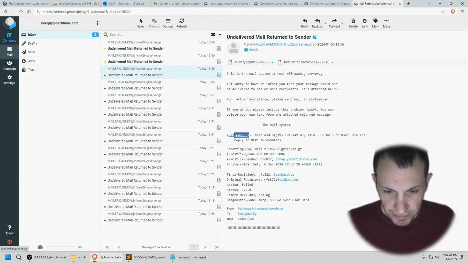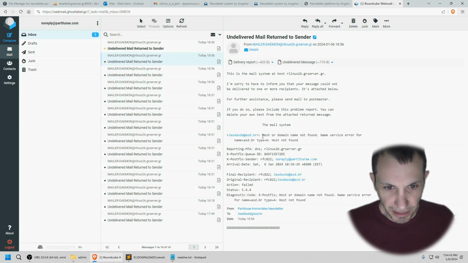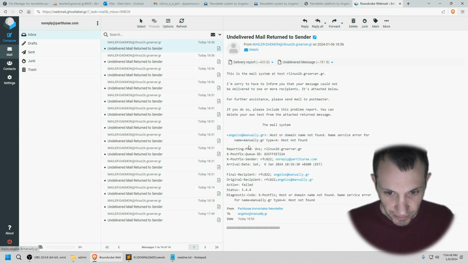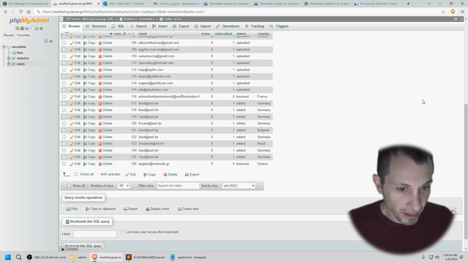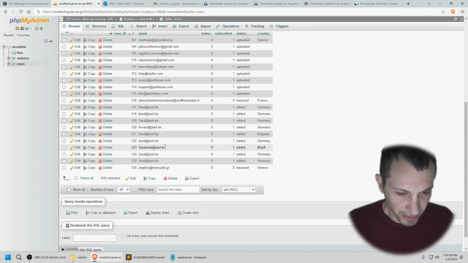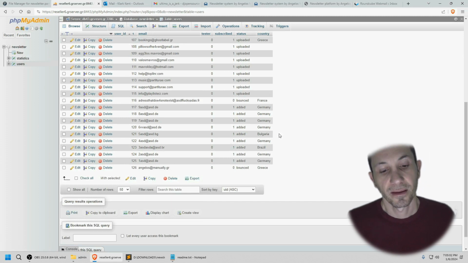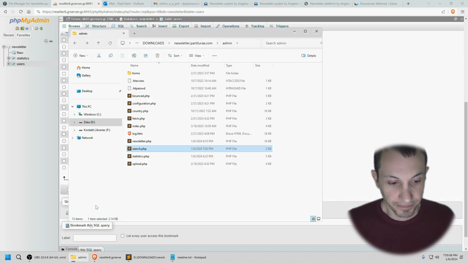This one came back bounced. This one bounced. And this one bounced. But this one, for example, 3SED, if I refresh the page, was not detected as bounced. And this is a major flaw that I cannot overcome.